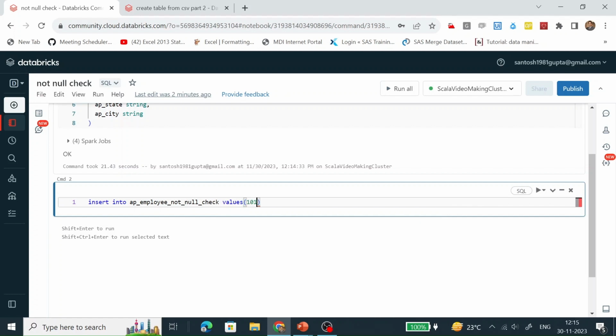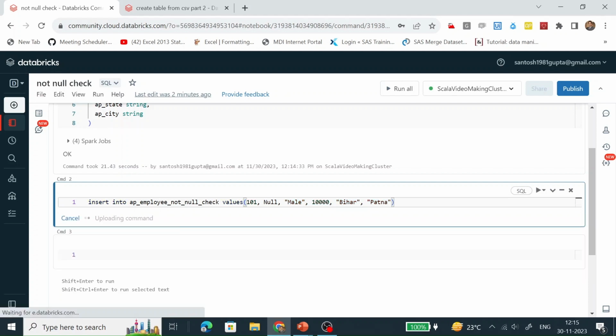That is 101. Here we are inserting null, then we are inserting male, then the salary, then the state, and then the city. Let's run it.